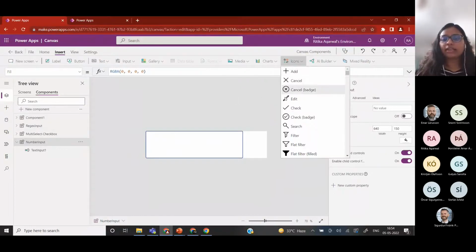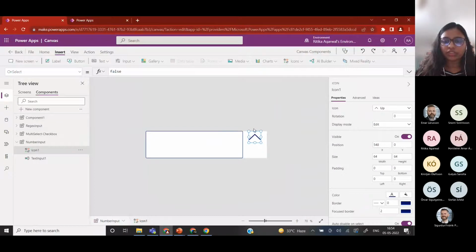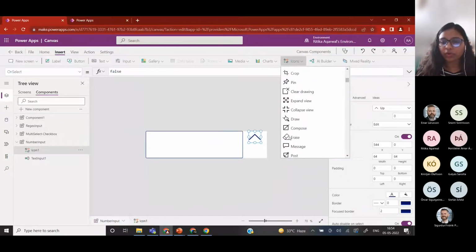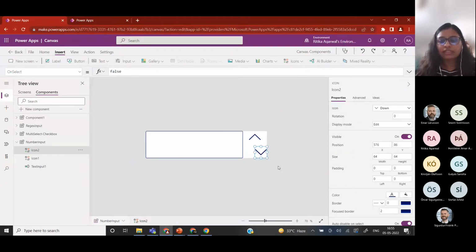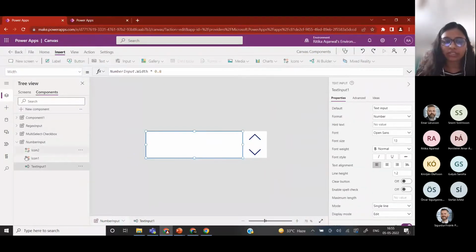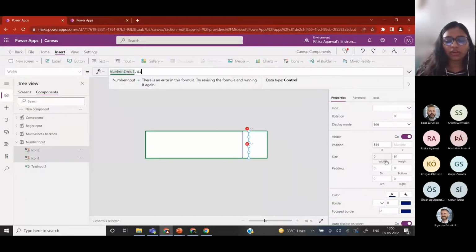Now let's add the arrows. So we have icons for it. I have an up arrow. I'll move it here. And I'll have a down arrow. Same customizations we will do for these two also in terms of position, because this was 80%. Let's make these two 20%. So the width is number input dot width